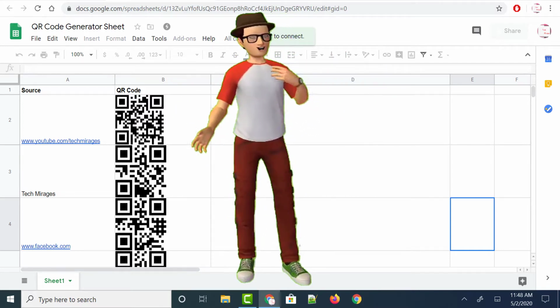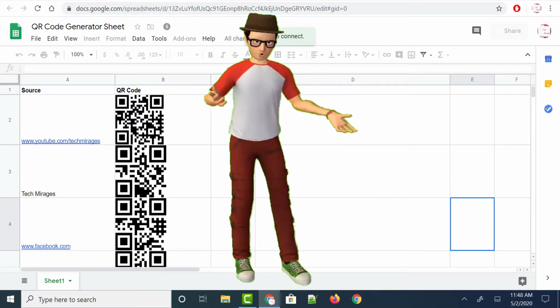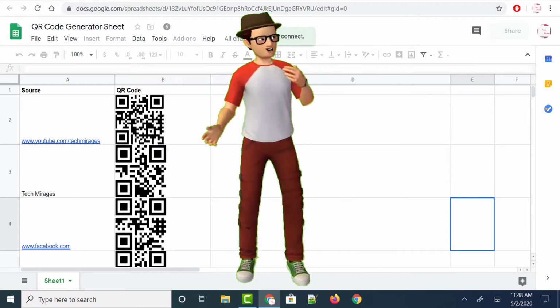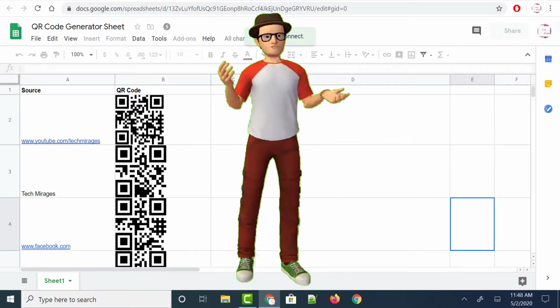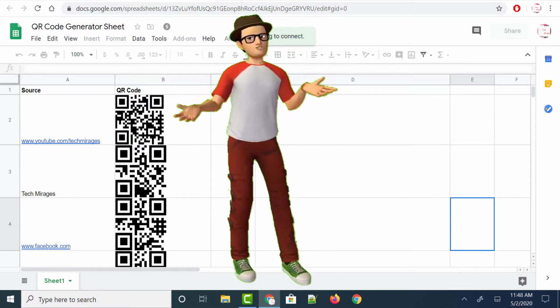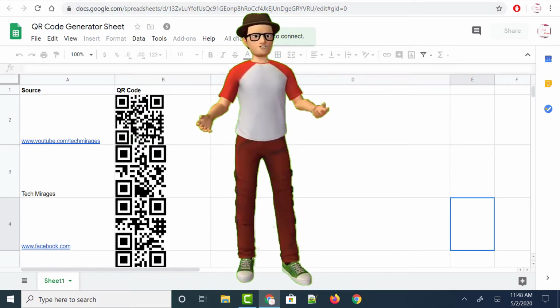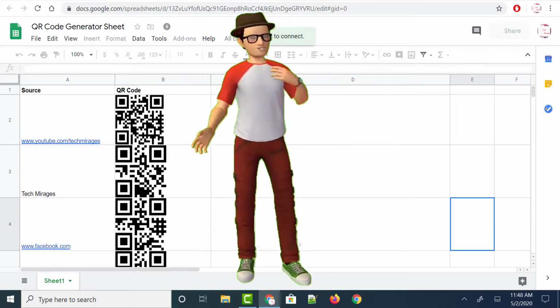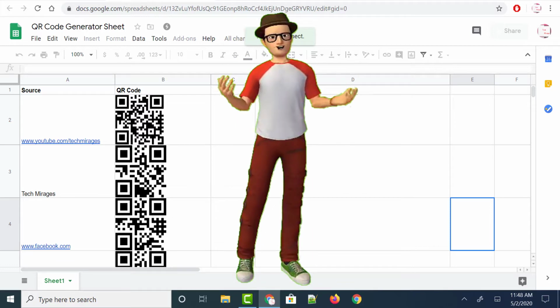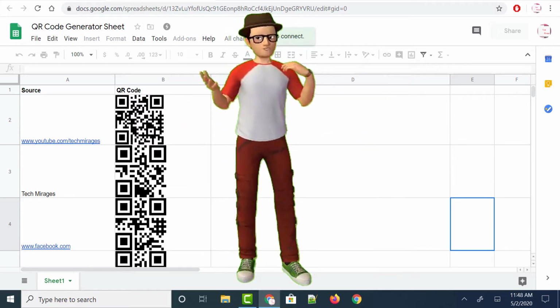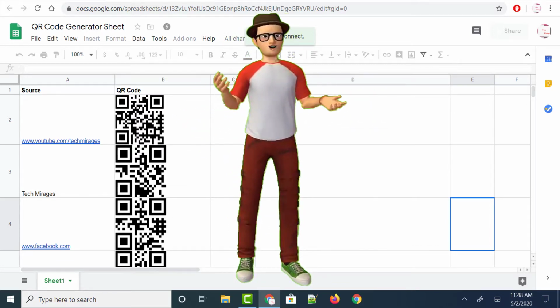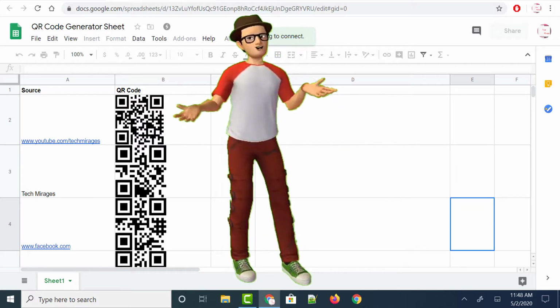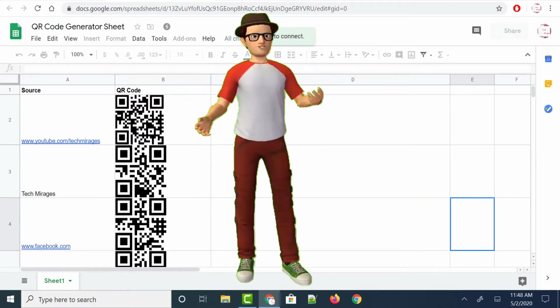In this video, I'll show you how to generate QR code in Google Sheets. This technique is not only to show how to generate a single QR code, but the same can be applied to generate bulk QR codes in Google Sheets. We can generate QR code for any source of data, like a simple text, a URL, a phone number or anything. Based on the source, the QR code will be generated, and when you scan the QR code, that particular source will be shown on the screen. So in this video, I'll show you how to generate QR code in Google Sheets and how to scan the